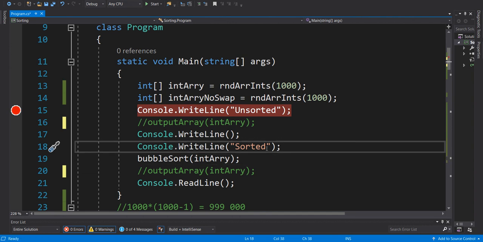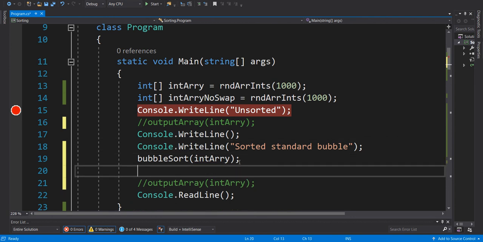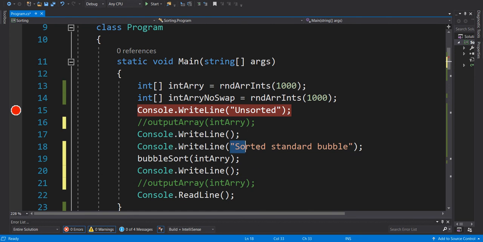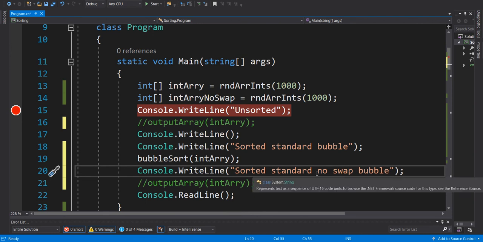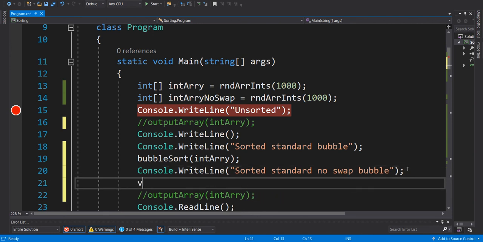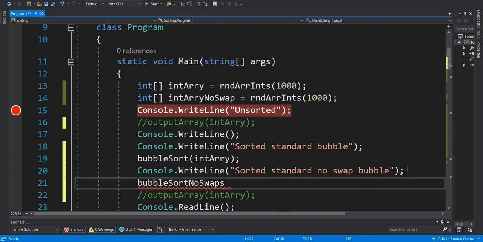But I'm going to change this label to sorting standard bubble, and then we're going to have a label saying sorted no swap bubble, and we're going to call it bubble sort no swaps, and we're going to send in the integer array that we just made there, so